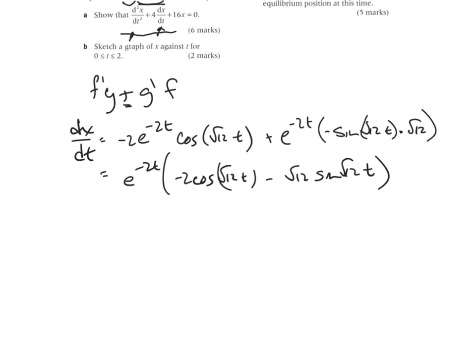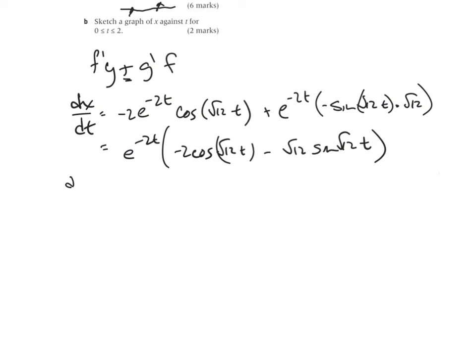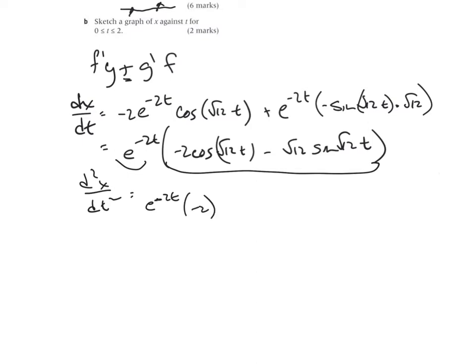Okay, continuing on, so now to find the second derivative of this particular function, d squared x over dt squared. Again, I have a function here times another function, so again, I'm going to have to use the product rule. So the first bit is going to be e to the minus 2t times the derivative of that, which is minus 2. And then I can just write this out here, cosine root 12t minus root 12 sine root 12t, plus